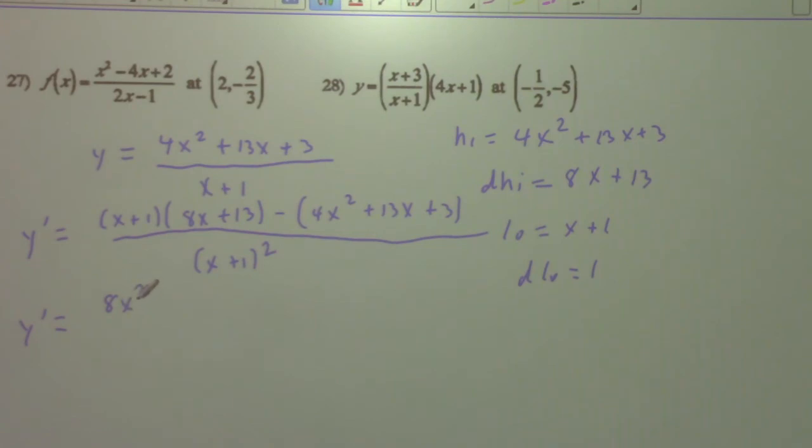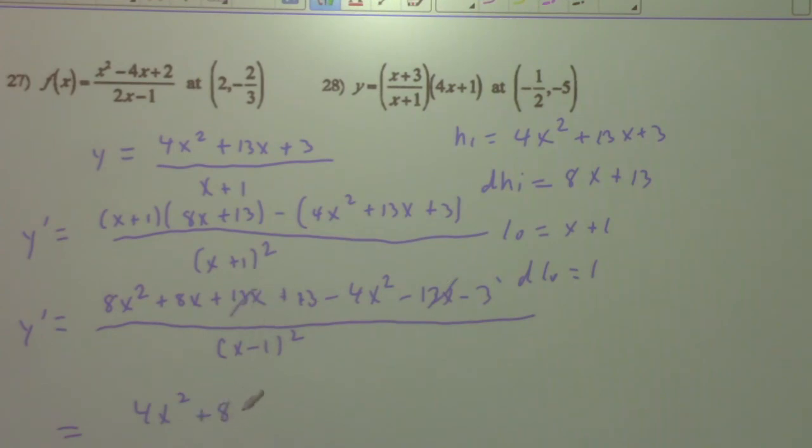I'll get 8x squared plus 8x plus 13x plus 13 minus 4x squared minus 13x minus 3, so all over x minus 1 squared. So here we get 4x squared, and then you'd have 8x plus 13x minus 13x, is that right? So you have plus 8x, and then you have plus 13 minus 3, that looks like plus 10, all over